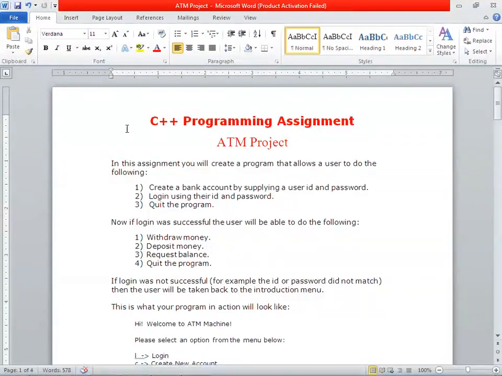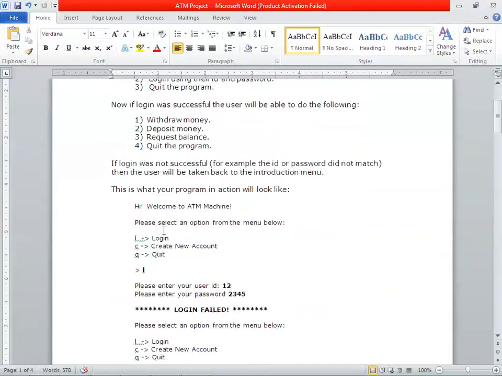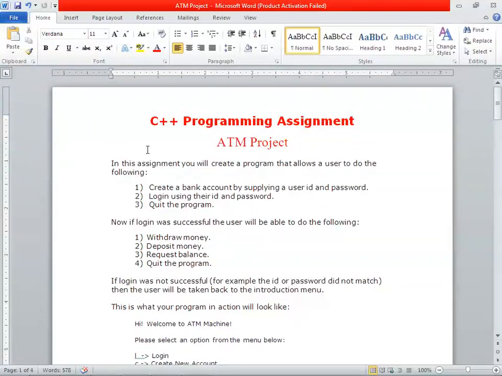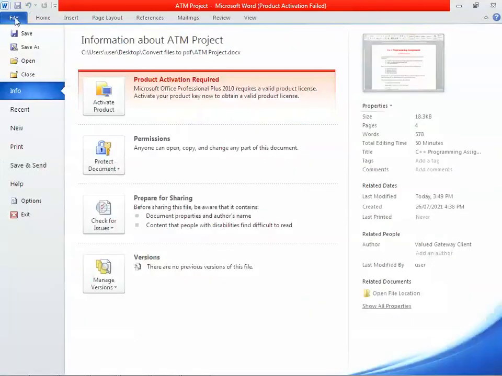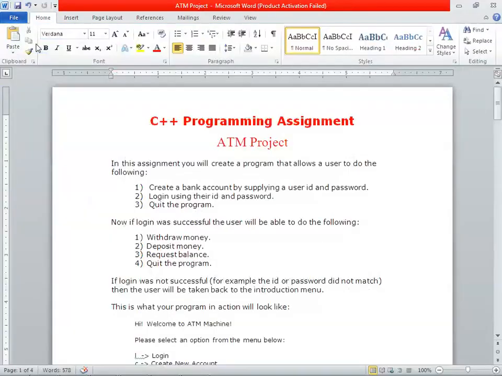To convert this Word file to PDF, the first main thing we have to keep in mind is that initially we have to set all the settings properly, because after creation of the PDF file, the file will be static. No changes can be made in the PDF file. So we have to check all the things properly before creating the PDF file. To create the file, we have to go to the File option. In the File option, we have the Save As option.